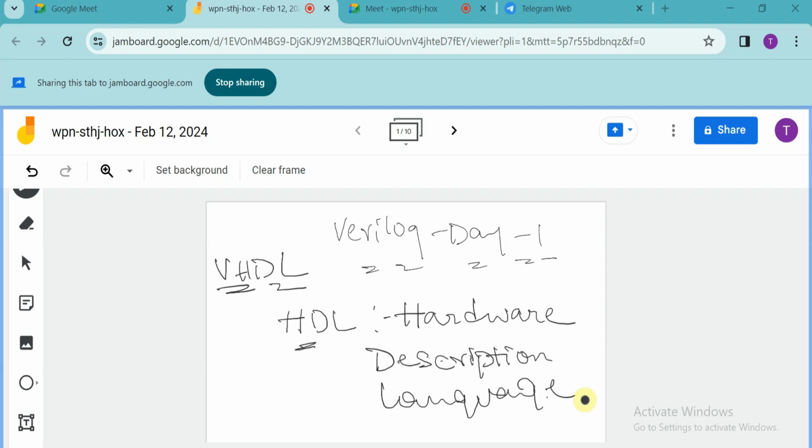Yeah, thank you. So before these two hardware description languages, VHDL and Verilog, the designers used to design the entire circuit using pen and paper, and they used those schematics to design all the chips physically. So after the introduction of these EDA tools, that is VHDL and Verilog,